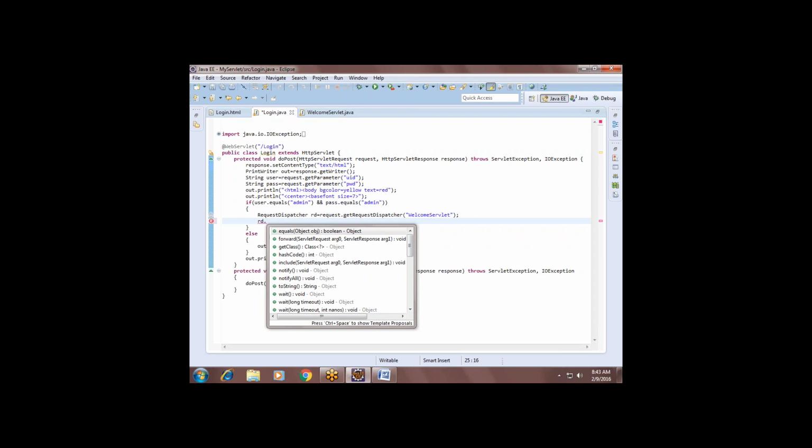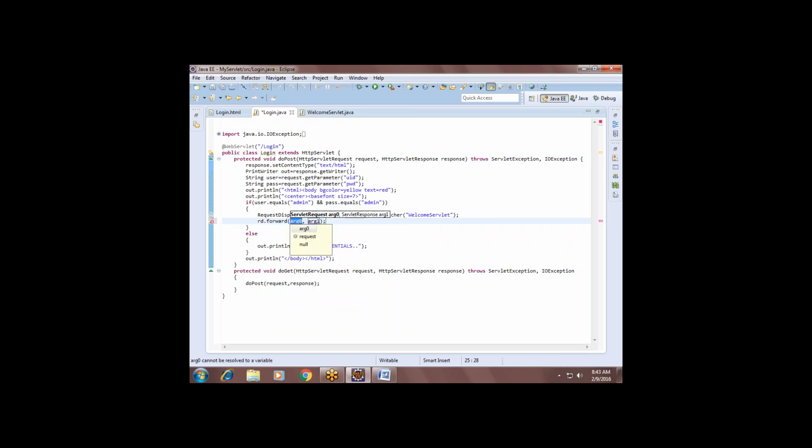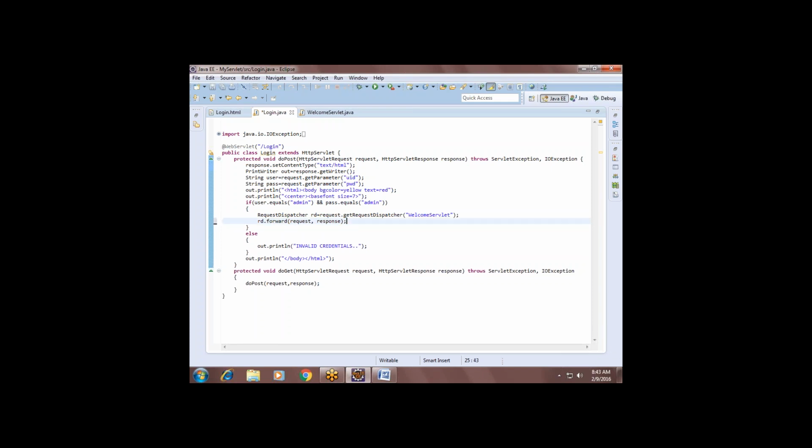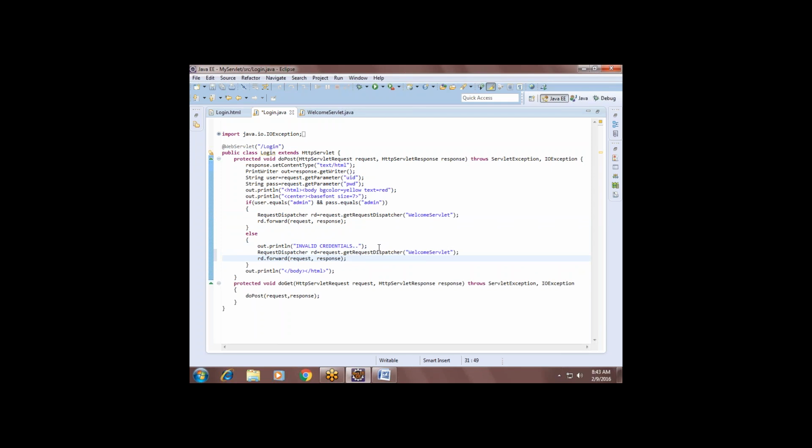Forward, I guess. Forward only. Request, response. Because if the credentials are correct, nothing to do with the current servlet, no? Just send it to the welcome page. If the credentials are wrong, then you print the message and come back.